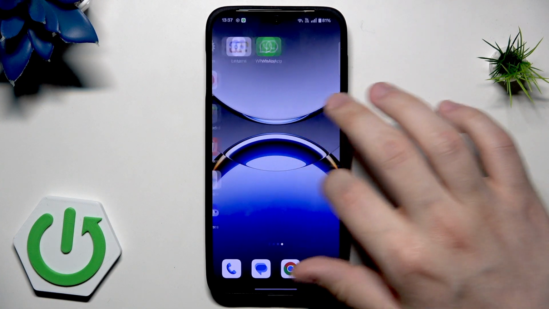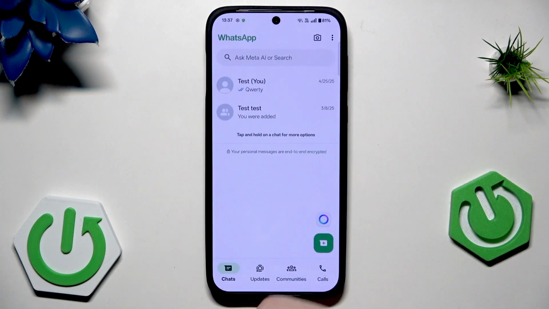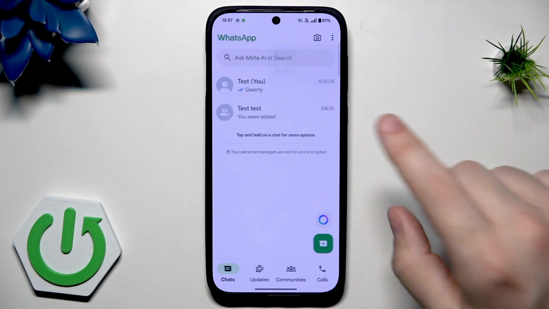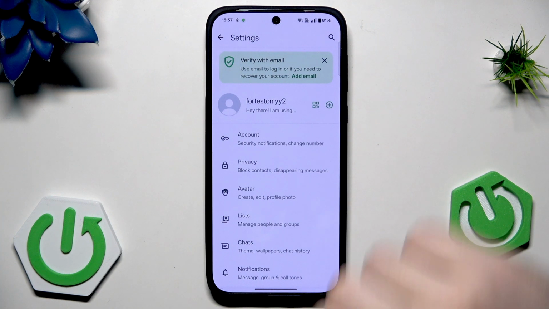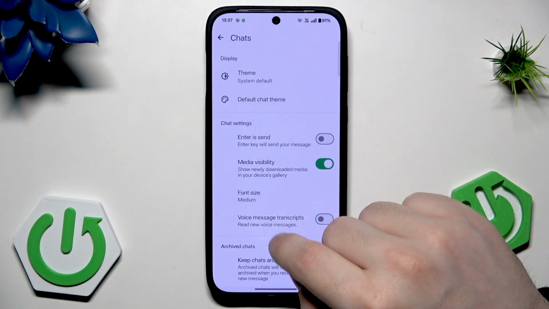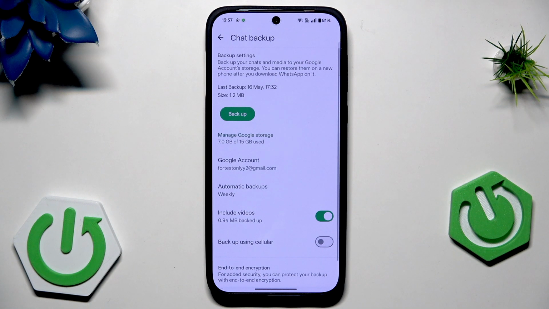Alright, so we need to open up our WhatsApp, and once we are here we need to tap on those three dots in the top right corner, and now we can get into the settings. Now scroll down a little bit, click on the chats, scroll again, click on chat backup, and now under the